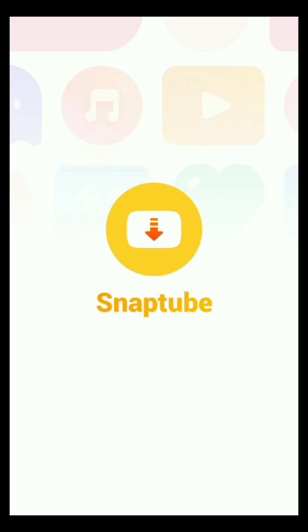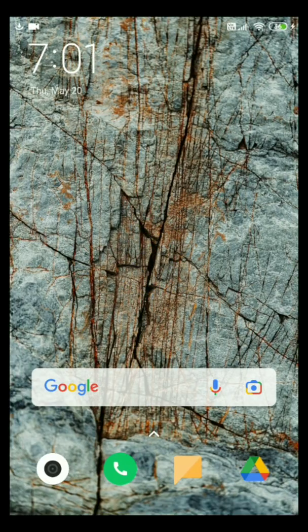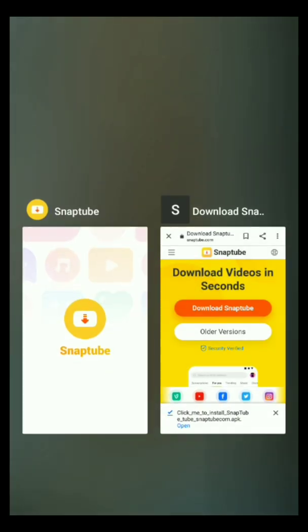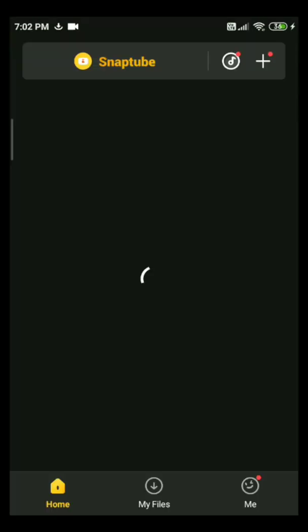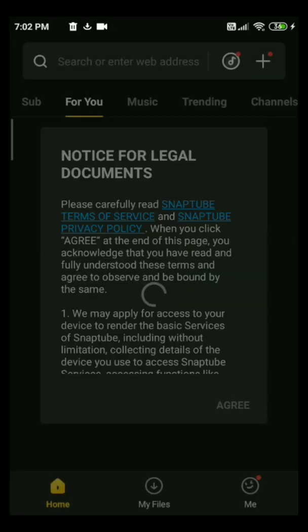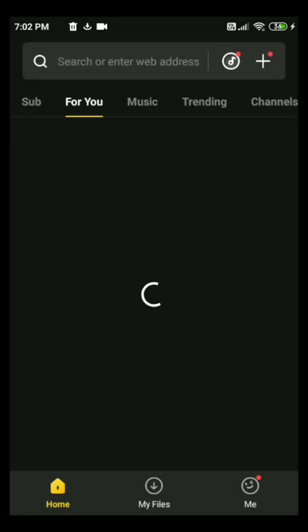After installing, you just need to open the app and give all the access, and then there is no more work for you. As you can see, there is a very simple UI of this software. Give access to all of its permissions so that it can perform well, and it's completely safe.